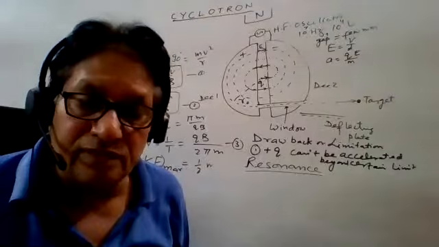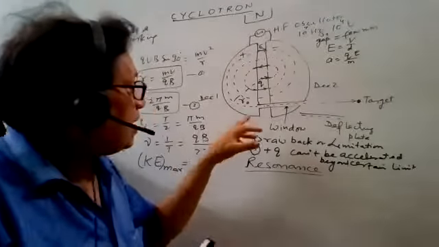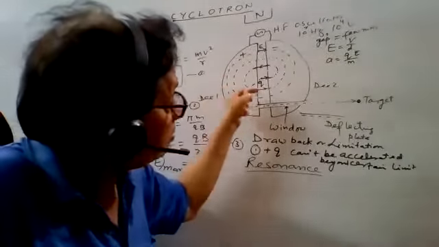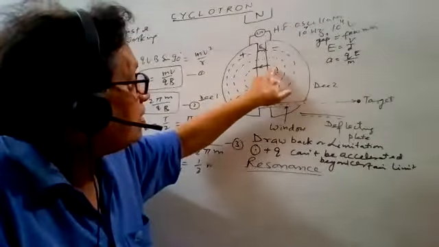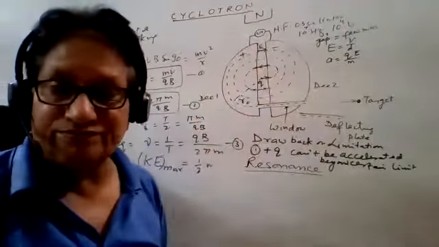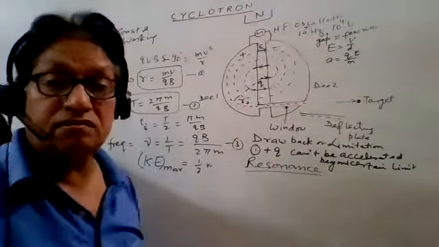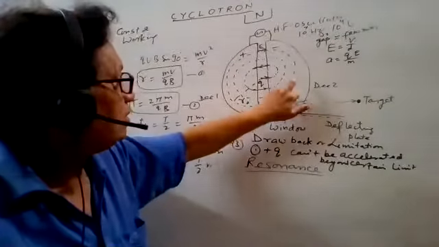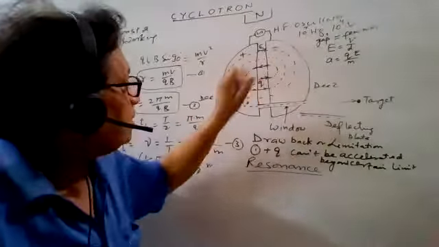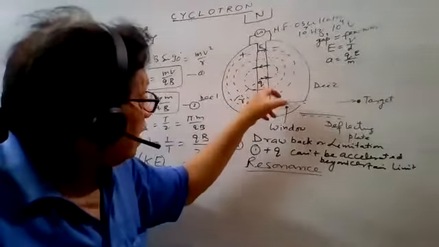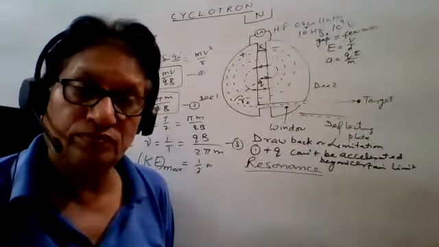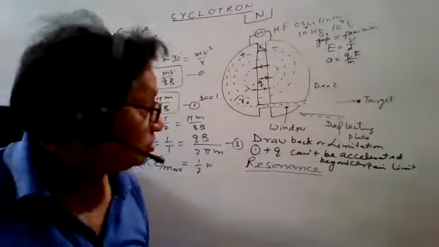Resonance failure means at a particular time when electron is here, the direction of electron field must be set so that it accelerates. When it comes here, coming out there from D2, direction of electron field is reverse, so that again acceleration. Suppose acceleration is retardation, then problem is this. Suppose this charge particle in between in the area of D2 or D1. In that case, the electron field is still there available, but it cannot accelerate the charge particle, or retardation is there. That is called resonance.